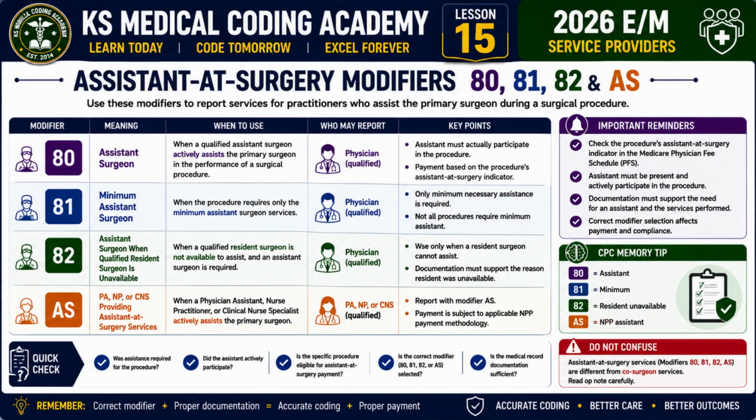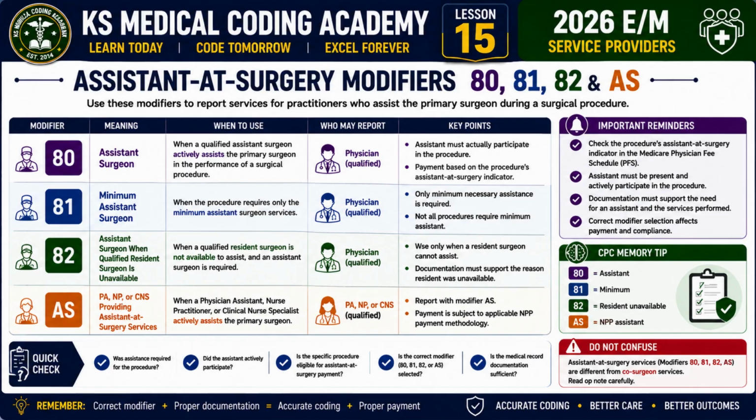Next is Modifier 81, which represents a minimum assistant surgeon. This applies when only the minimum level of assistant surgeon services is required for the procedure. Modifier 82 is used when an assistant surgeon is required, but a qualified resident surgeon is unavailable to provide the assistance. Finally, we have Modifier AS. This identifies certain non-physician practitioners, such as a physician assistant, nurse practitioner, or clinical nurse specialist, who provide assistant at